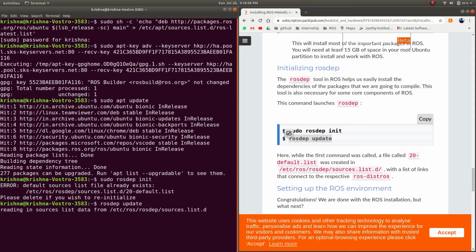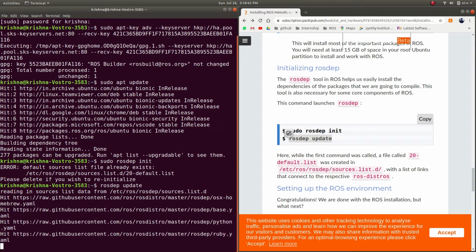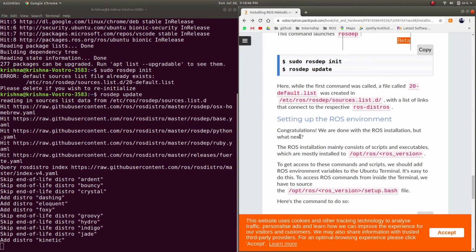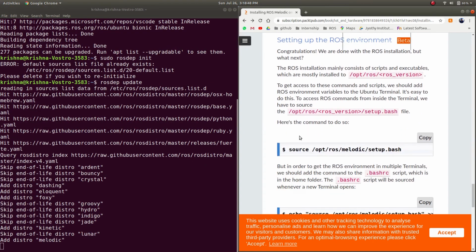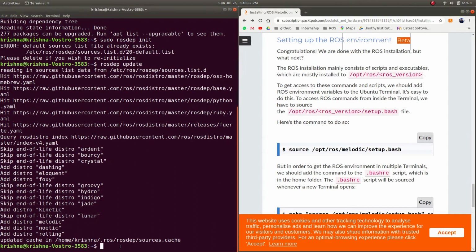This updates all your dependencies in your system. Let's wait for a while. Yeah, this is now installed and updated. As we can see, updated cache in the following location. This means that we have successfully updated our ROS dependencies.